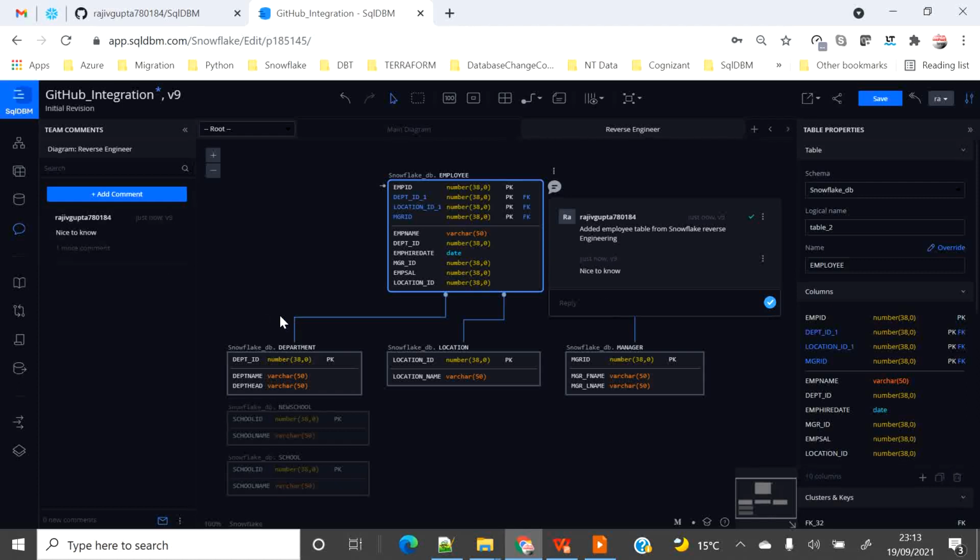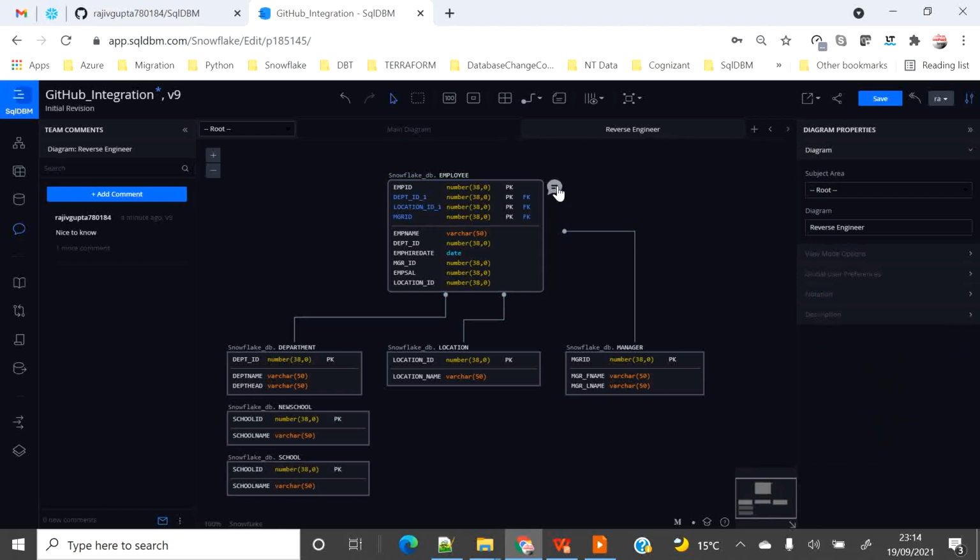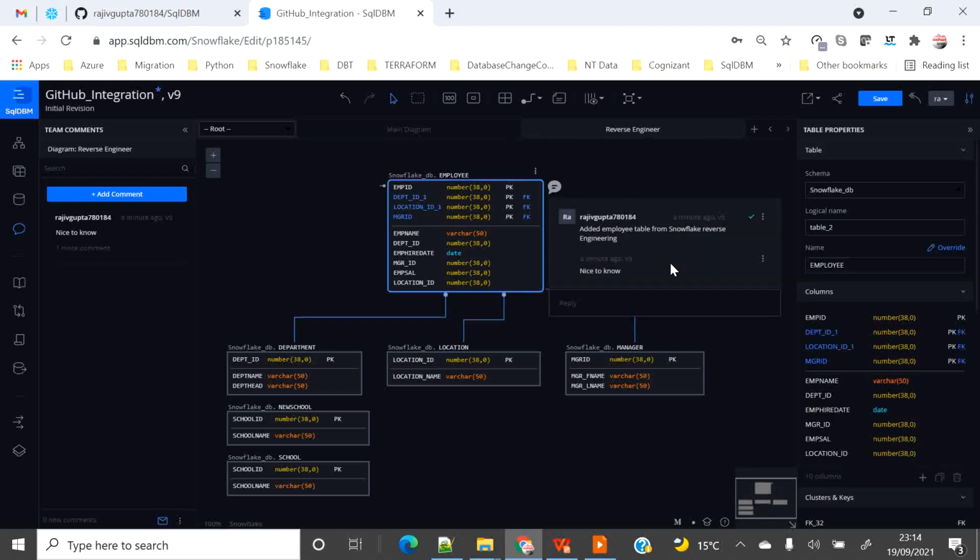You can add comments or any kind of business information you want, and if somebody wants to see it in future, like a third person, they can just click on the comment and see it. This is a very nice feature from the SQL DBM point of view. I really like this comment feature.